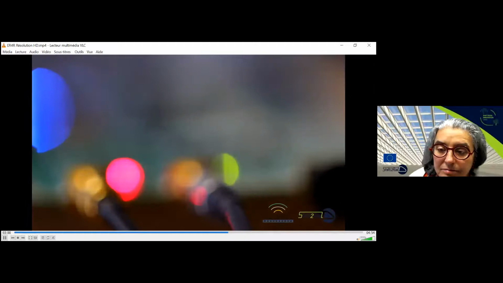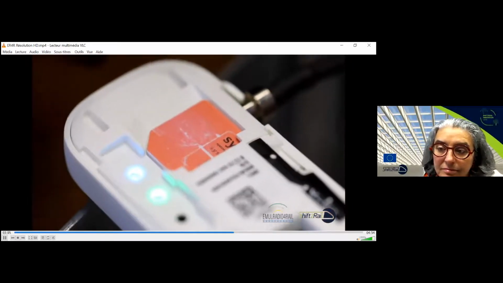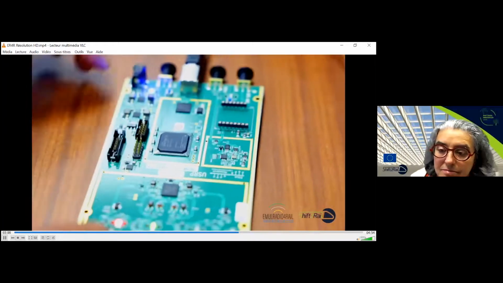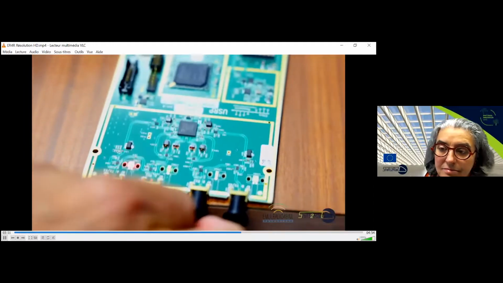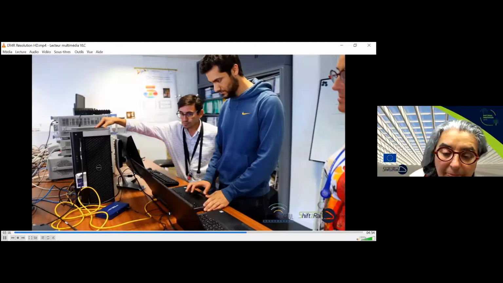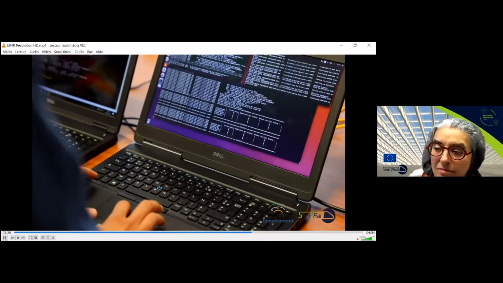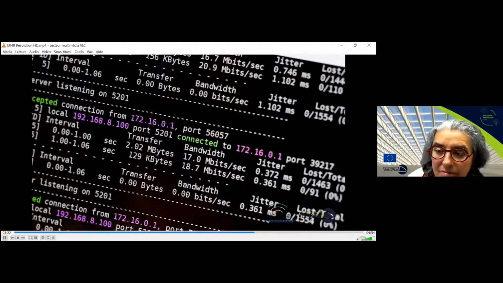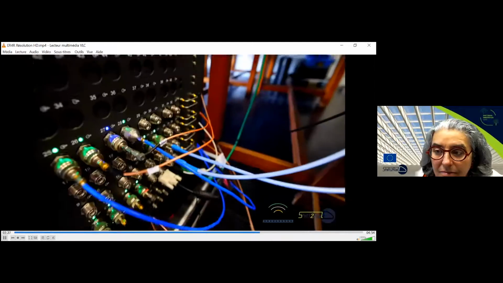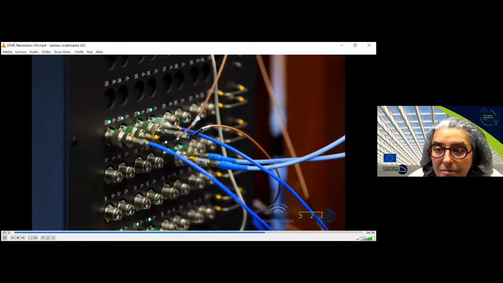Now, we will detail one Open Air Interface platform. Here is the dongle that mimics the user equipment in the train. The dongle is connected to the eNodeB via the channel emulator. The eNodeB is a USRP board connected to a computer and to the Evolved Packet Core emulated by another computer. Here we can see the IP transmission between the eNodeB and the user equipment in the train through the channel emulator with a specific channel model.